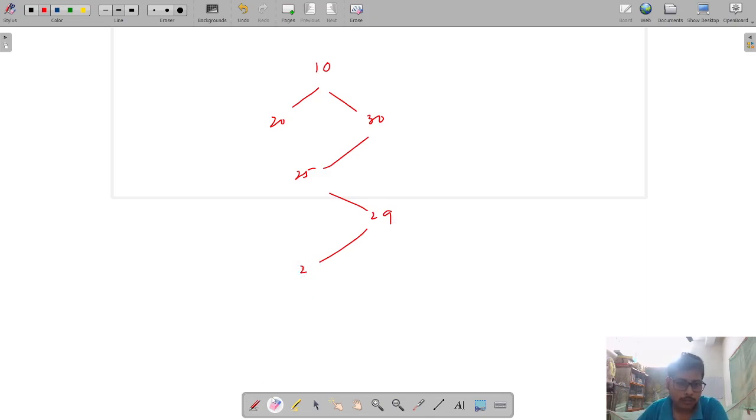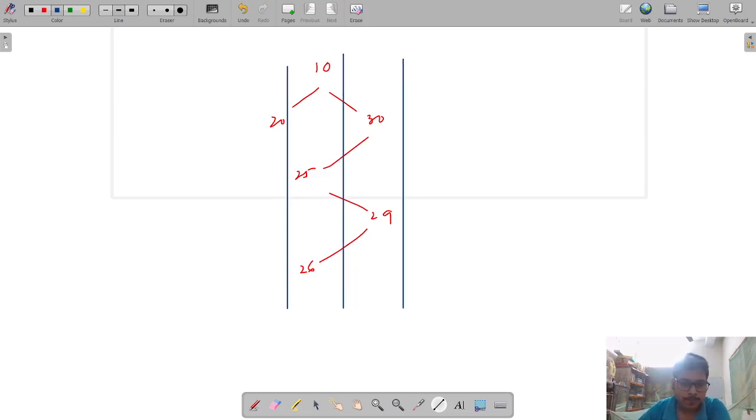So let's focus on this tree. If you see the tree like this, let me use a line. If you draw these lines in your mind, then